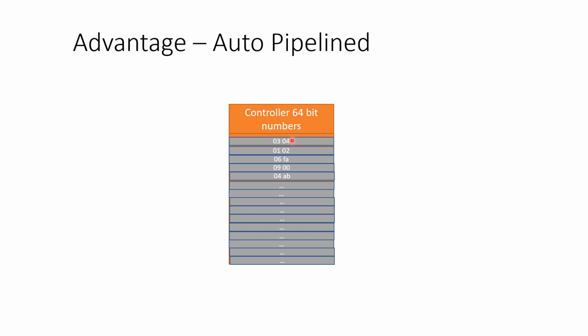And compilers already do this, to my understanding. You'd see all the way here and go 03, 04, 02, 01, 02, 06, FA, 09, 00. Okay, so all these instructions are independent of each other, and it's only this last one that really matters. So all these first four instructions don't depend on each other. None of them save to another address that another instruction uses. So then you can just send these off to the